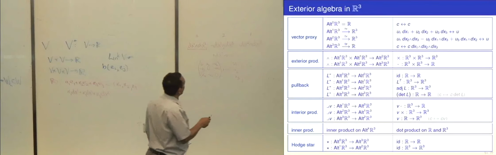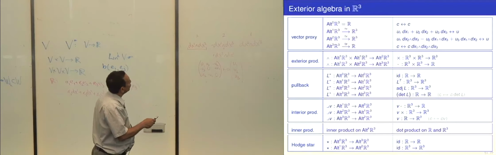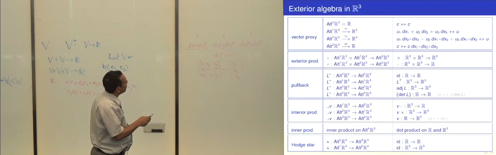Okay, what's the wedge operation? Well, you can wedge together any two forms, but if the sum of the form degrees adds up to more than 3, you get 0. So like that, we don't have to define a 2-form wedge with a 3-form, that's 0. A 0-form wedges with anything, just regular old multiplication by a scalar.